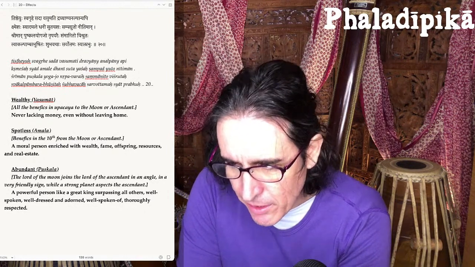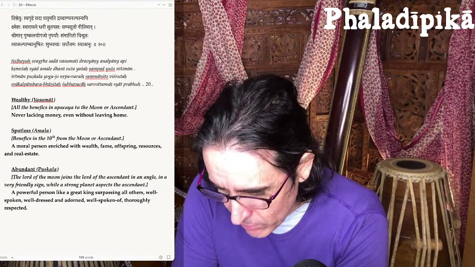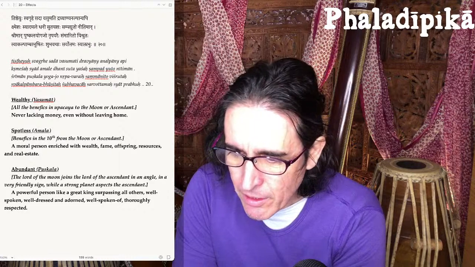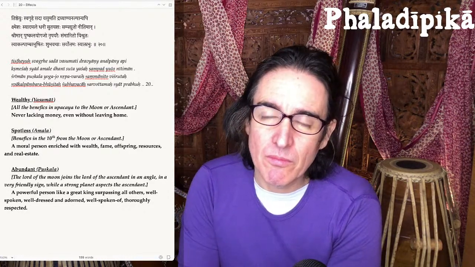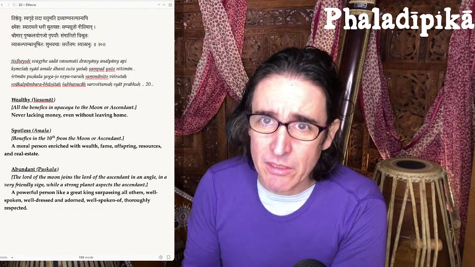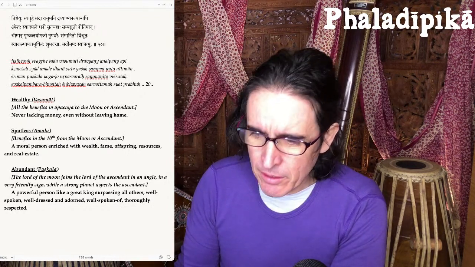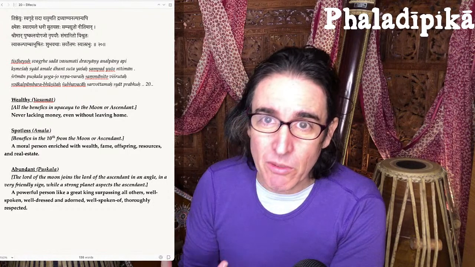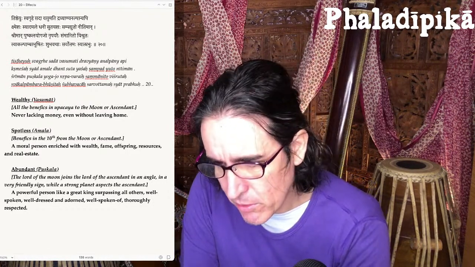So to slow down a bit and look at these words in a little more detail. Vasu means wealth or real estate or property. Real things. A real thing is a vasu. Vasumāt means a person who has lots of real stuff, so a person who has money or resources. And the way you get it, again, is Benefics and Upachaya. The effect is interestingly explained.